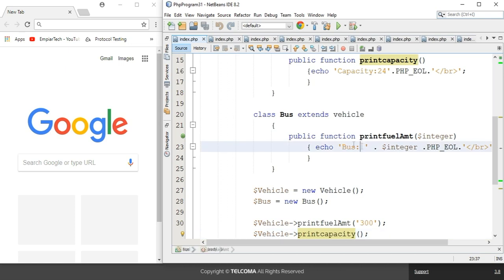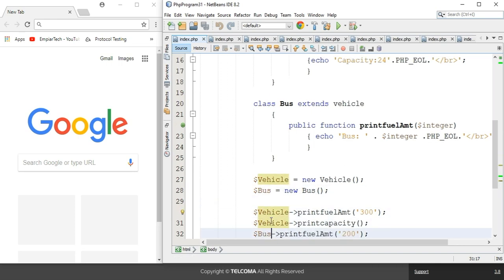So here it will define the fuel amount in the bus. After that I am creating the vehicle object and the bus object. The vehicle object is equal to new vehicle, because it defines the parent class, and bus defines the child class. So these are the two objects of the parent class, and this one is for the child class.